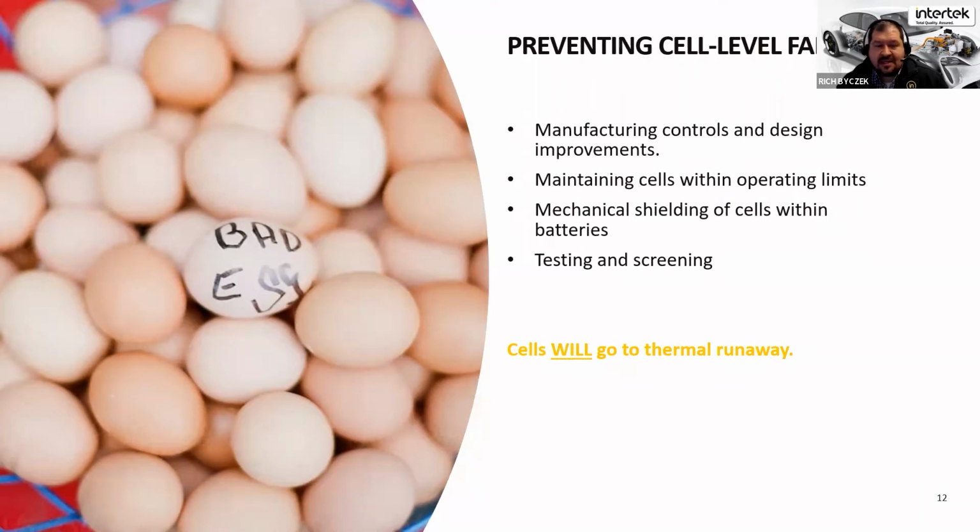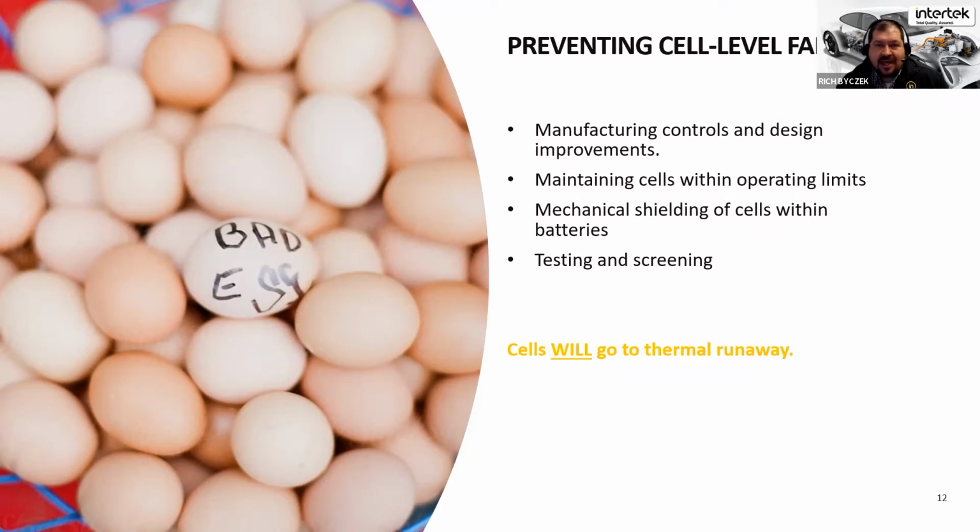And obviously, as manufacturing prowess increases, as we get through more iterations of prismatic and pouch cells and different chemistries and different constructions, we build up these lessons learned, and we find out how to roll the jelly roll so that you don't pinch the corners. We find out how to seal the pouches so that we don't potentially cause a shorted corner within that pouch. We find out how to ensure a clean environment so that contaminants don't make their way in. Crimping procedures, etc., all can be improved.